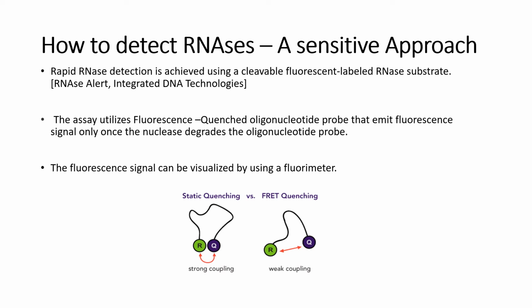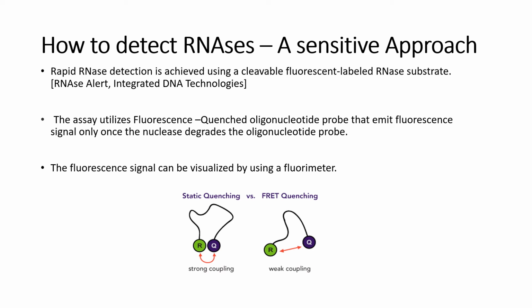The assay utilizes a fluorescence-quenched oligonucleotide probe that emits signal only once the RNase degrades the probe. When you want to test a reagent or your buffer, it needs to be incubated with the oligonucleotide probe along with the reaction buffer. If there are contaminating RNases, the oligonucleotide will be cleaved, and this will release the reporter and quencher apart, resulting in fluorescence. In normal cases, the fluorescence emitted by the reporter is quenched by the quencher present in the oligonucleotide probe, and the sequences used are specific for a wide range of RNases.